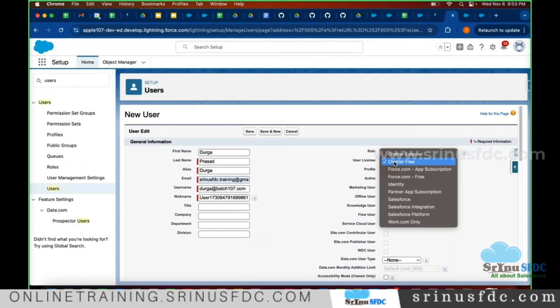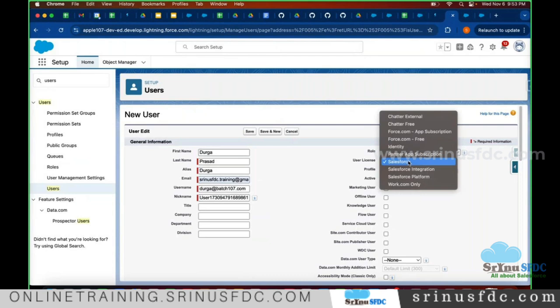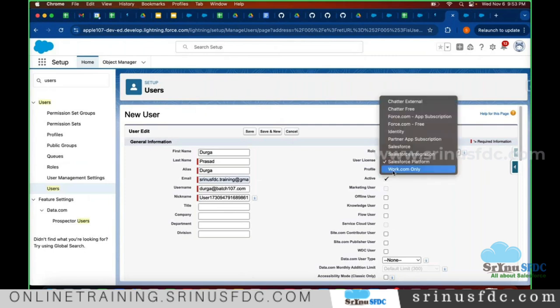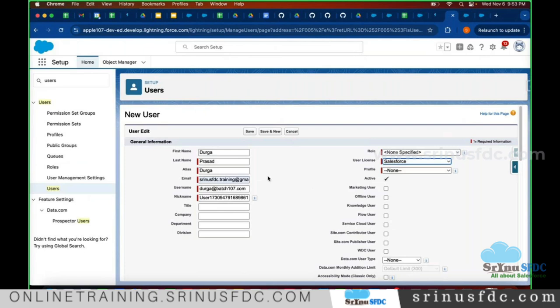So now license, right? Salesforce license I'm choosing. So what is the difference? Let's say if we choose Salesforce platform, what is the difference? Salesforce platform license users, even though in this org there is a sales application, service application, these license users cannot see any standard application, they cannot access most of the standard objects, the campaigns, leads, whatever the most of the standard objects we have, they cannot access. Okay, like that, the limitations are there. Anyway, we have one more Salesforce license I'm choosing, and click on save,